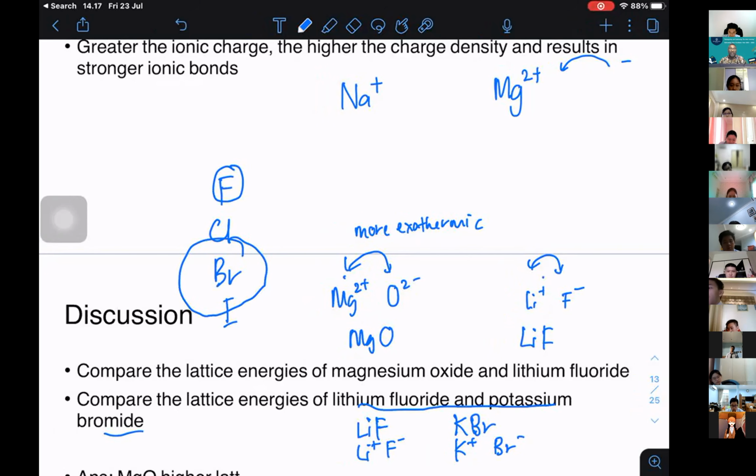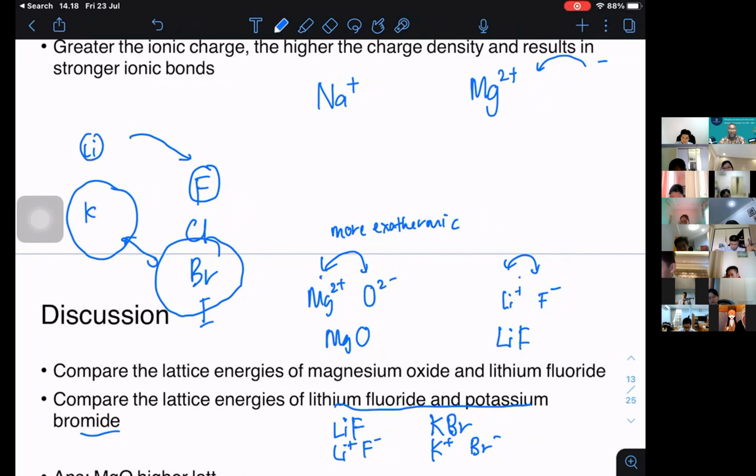Lithium and potassium also: lithium is at the top, potassium at the bottom. They are smaller, and this is bigger. So we are comparing smaller and bigger. They have the same charge. So for the one that has the same charge and is smaller, the charge density of